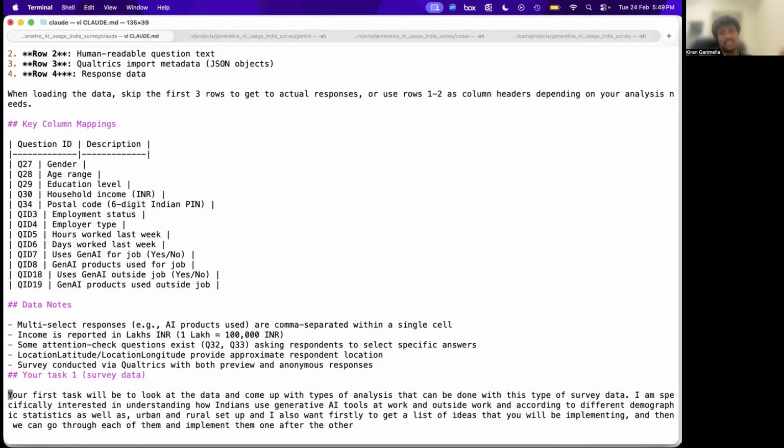And in the worst case, as you'll see, there's not a lot lost when we ask it to do these. It'll give me 10 ideas and I'll say, okay, all of these seem decent, just go and implement those, and it'll go and implement those and give me the results. So in the worst case, I'm just burning some compute. These are all part of my $20 plan, so it's not like I'm spending a lot of extra money. In the best case, I've had cases where it just amazed me